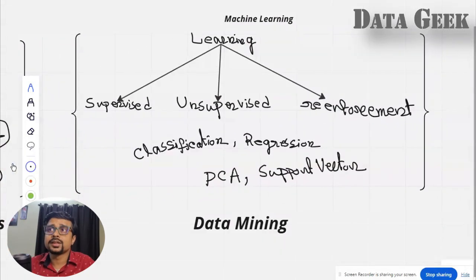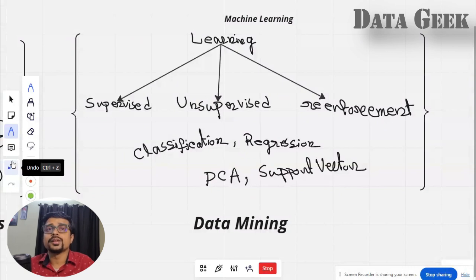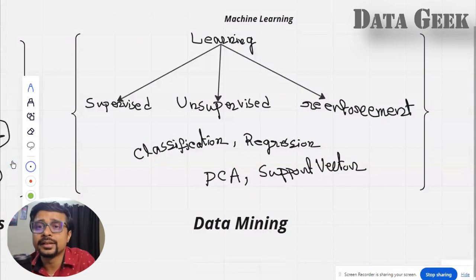Now using these, you will come to something called, you must be hearing this term more frequently, machine learning. Okay, and it is also a part of data mining only. Now, learning means whatever you learn from this data, you will use machine learning techniques to explain that information and train the system on what you have learned. So there are supervised, unsupervised, and reinforcement learning. There are three kinds of learning.